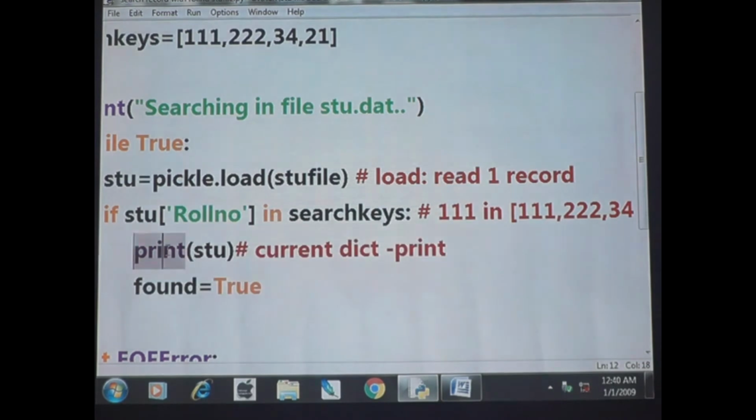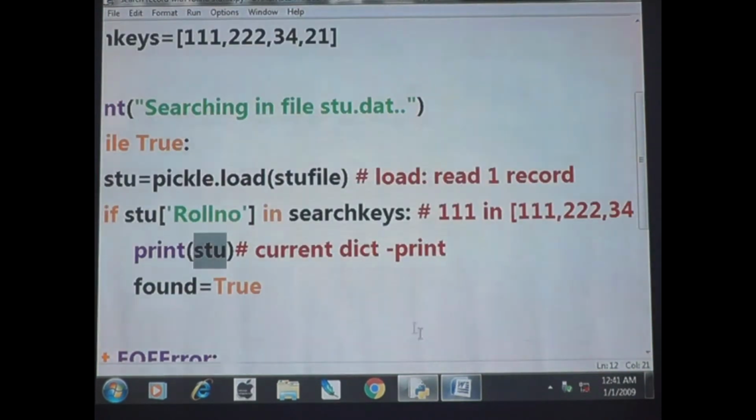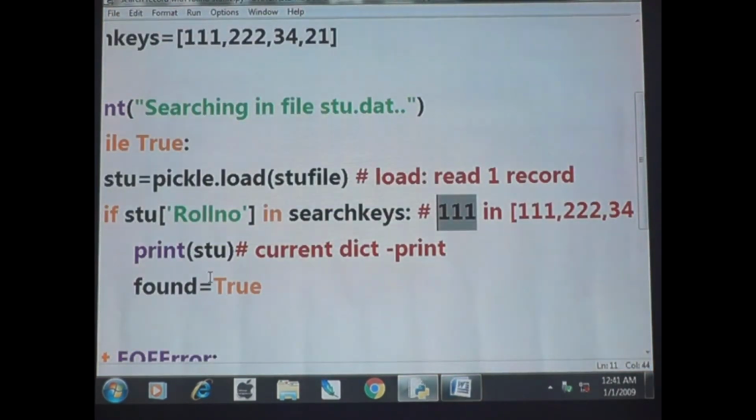It will print stu. Stu means the complete line related to 111 will be displayed. Understand? Now immediately the found value will be true. You see, we found one record, so found will be true.